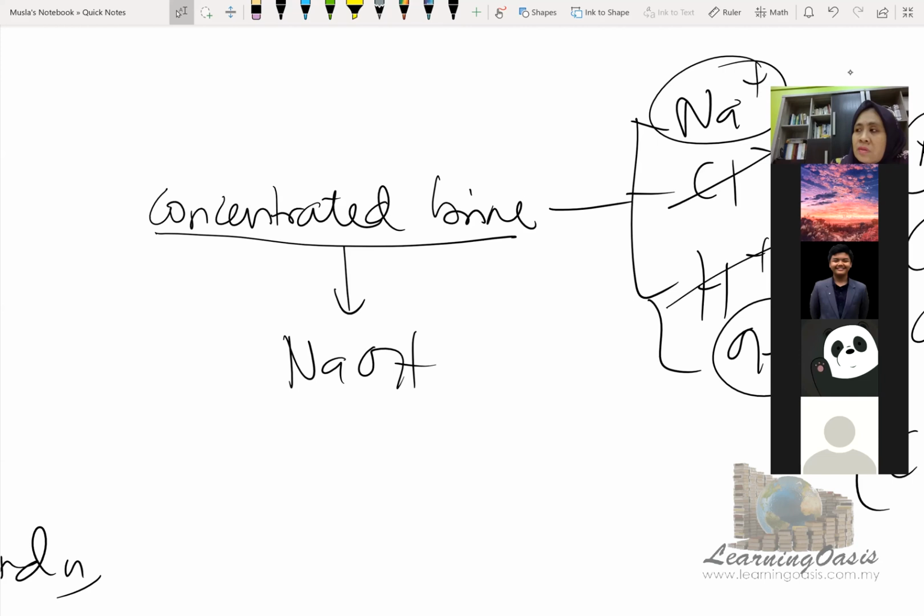So at the cathode there will be sodium ion and also hydroxide ion, and hydroxide ion will be discharged, undergoes reduction, giving 2H plus 2e, giving 2H2 electron, and then